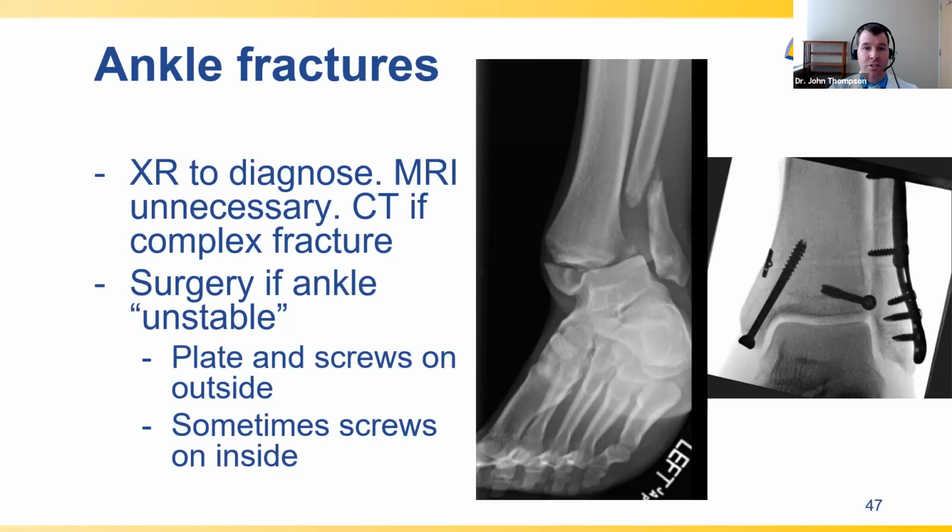If only one structure is injured though, then the injury can usually be treated with just immobilization without the need for surgery. For unstable ankle fractures requiring surgery, most commonly this requires putting a plate and screws on the outside part of the ankle along the lateral malleolus. Screws may also be needed on the inside part of the ankle on the medial malleolus, and sometimes the back of the ankle also needs to be fixed. All the bones are carefully put back in their proper alignment before fixing with the plates and screws.